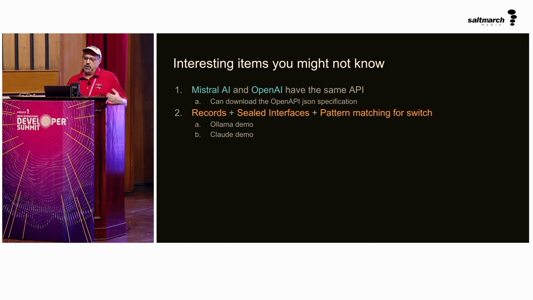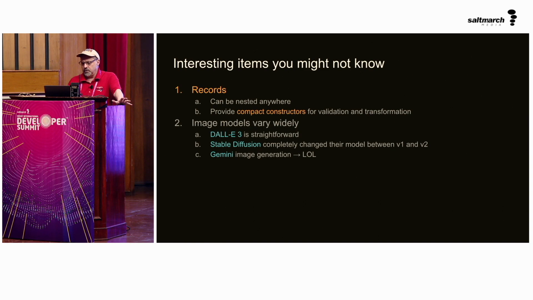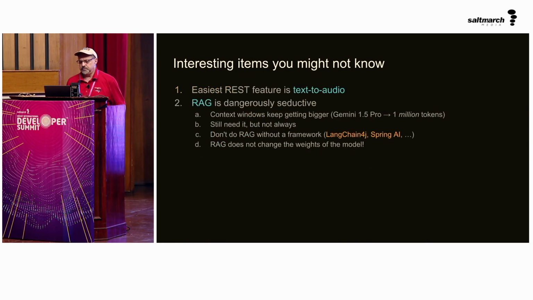So again, I do want to look at this idea of combining records and sealed interfaces and pattern matching for switch, all the latest cool stuff in Java, and how that enables certain really cool features. So I'll get to that in a moment. I mentioned the records. I do want to show you the compact constructors and the image models too. But what I want to get to is this part. The easiest feature of all, believe it or not, to demonstrate, to start with, is text to audio for OpenAI,